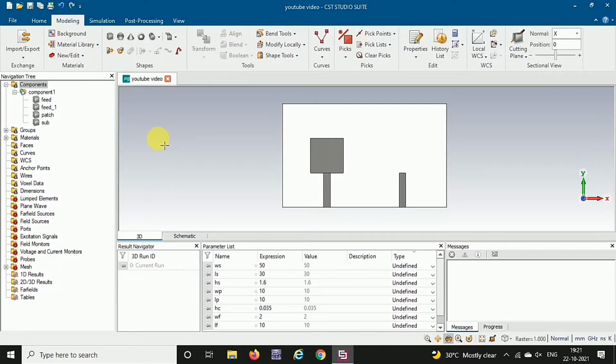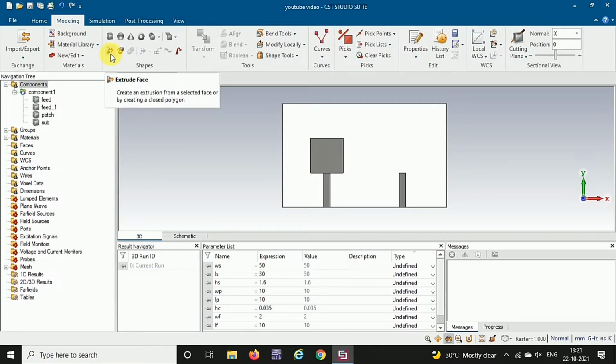And we know that in a simple microstrip patch antenna, on the top we can have the patch, and below the patch there will be a substrate, and below the substrate there will be a ground. And here as an example I have taken a simple patch with a substrate. Now I am going to create the ground layer by using this extrude face operation.